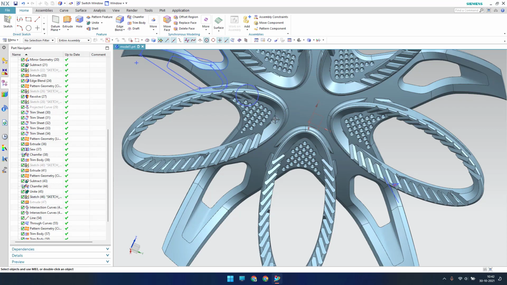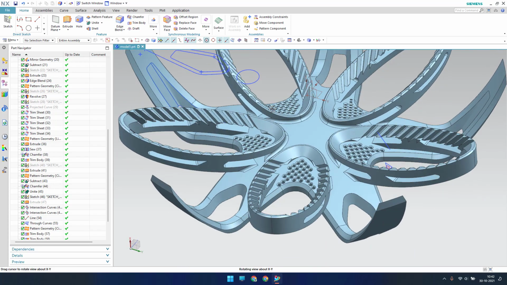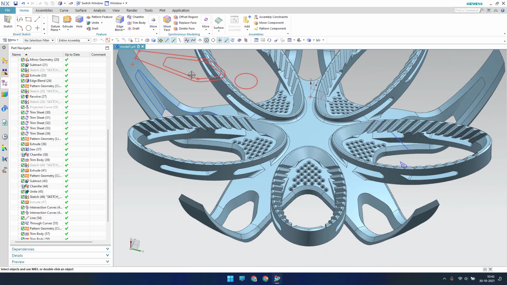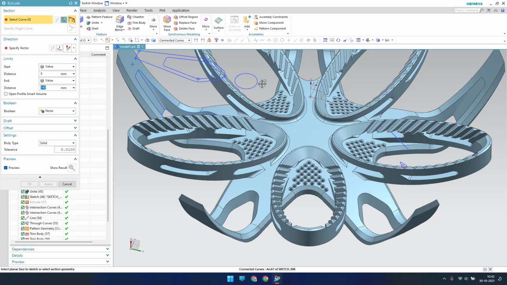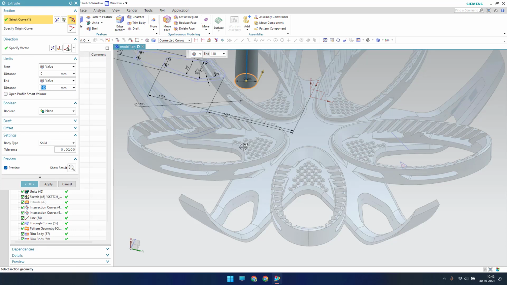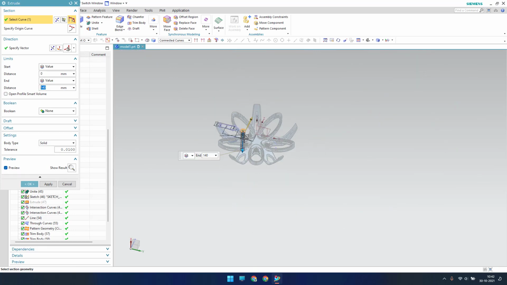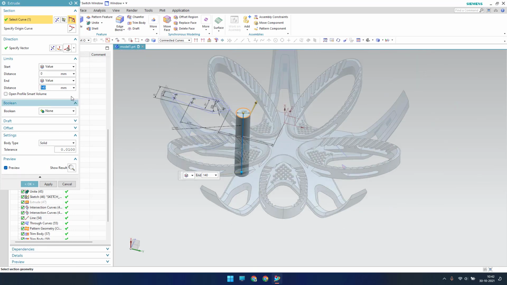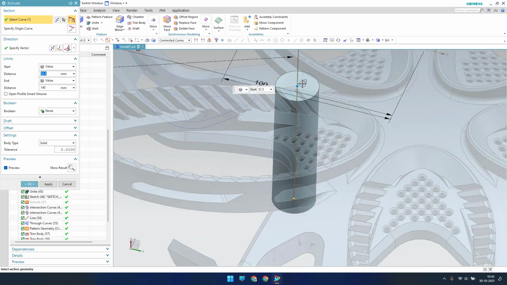Before hiding that, I need to create one more feature using this sketch. Now I'll go to extrude and select this face, sketch, and it will be in the reverse direction, and it should start from 52.5, that is from here.